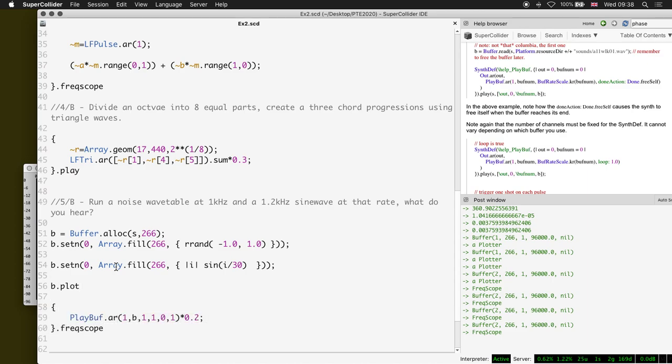So the message is that if you're repeating something in a wavetable, what you hear as the pitch is the duration of the wavetable and not the contents. So you see I've put in different frequency sine waves here, and they would still sound like at that pitch. Okay, so